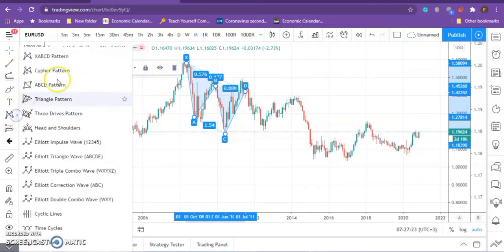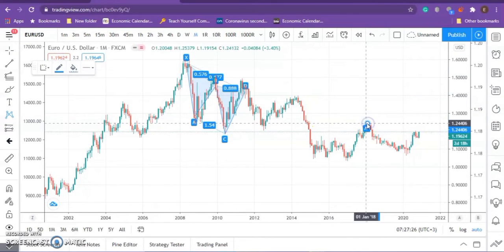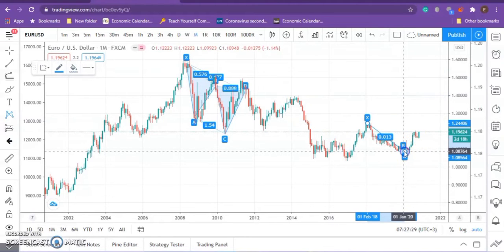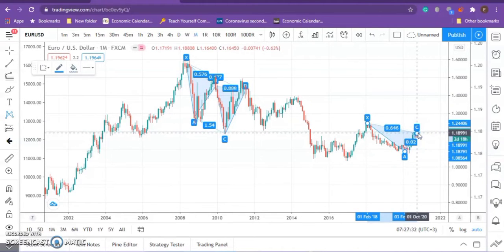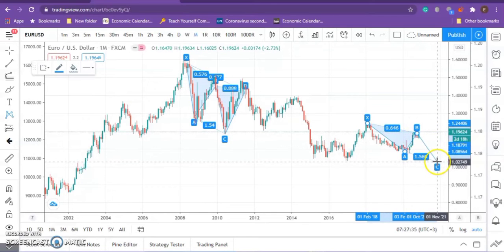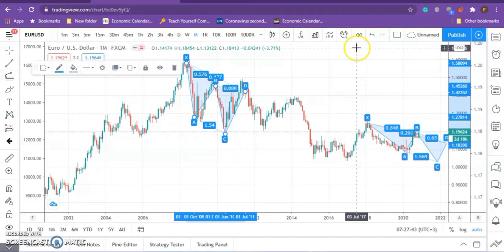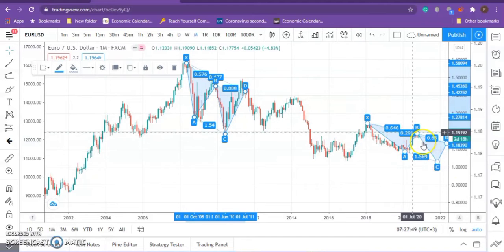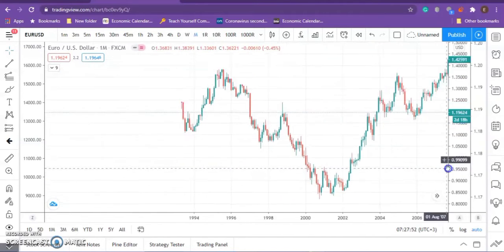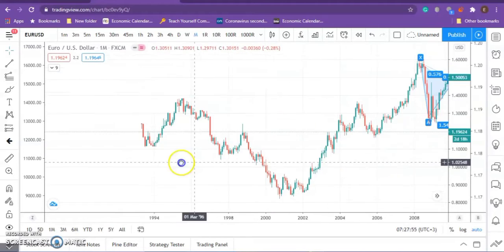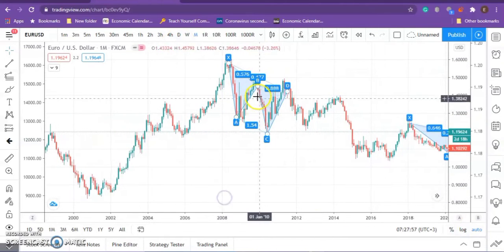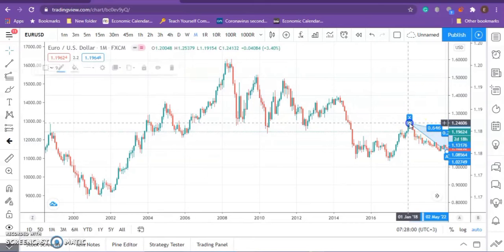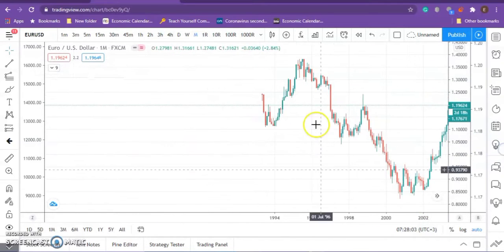I can also do another one right over here. We take the X here as our highest point, the A being our lowest point. You see, we meet our B here, so we expect our C to be around this point and our D to be around the same point, just like over there. Yeah, so you can see X, A, B, C. So let's look at another one, an inverted pattern. I'm using the monthly time frame, so that's why you can see the graph is a little bit short